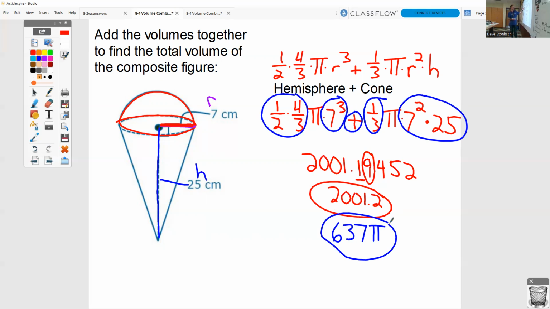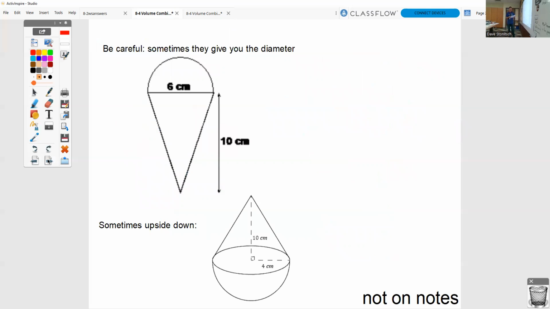That will give you the total volume between the hemisphere and the cone. Take a look at the next one. In this next one, we have